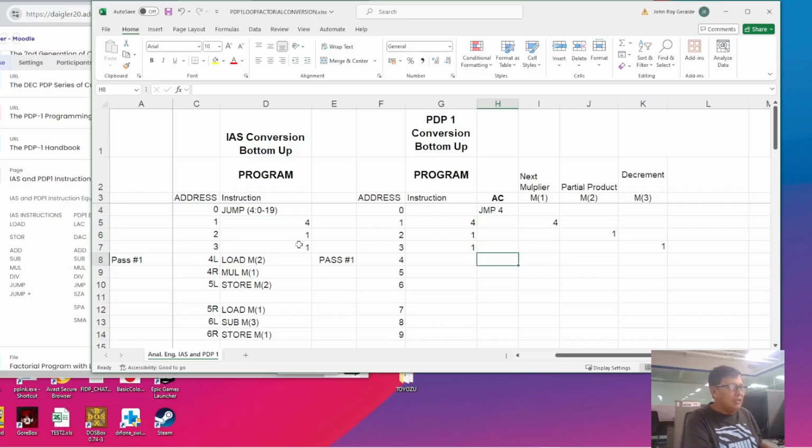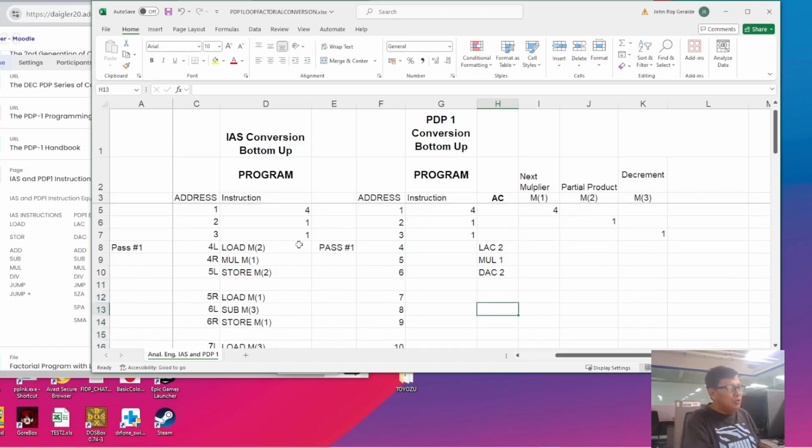The equivalent in PDP-1 is LAC 2. I hope you follow. Mul M1 is translated as mul 1, and store M2 is translated as DAC 2. It's just a different language, but the functions are the same.